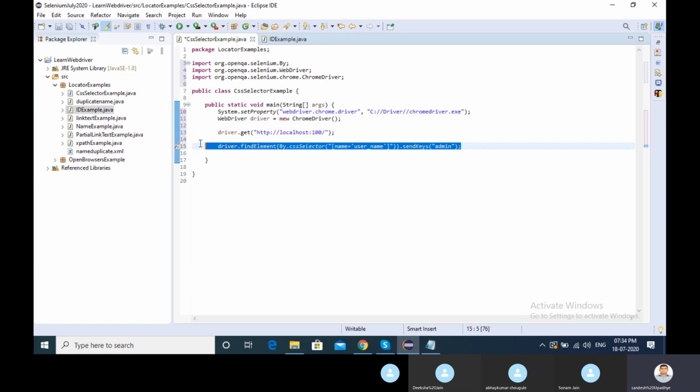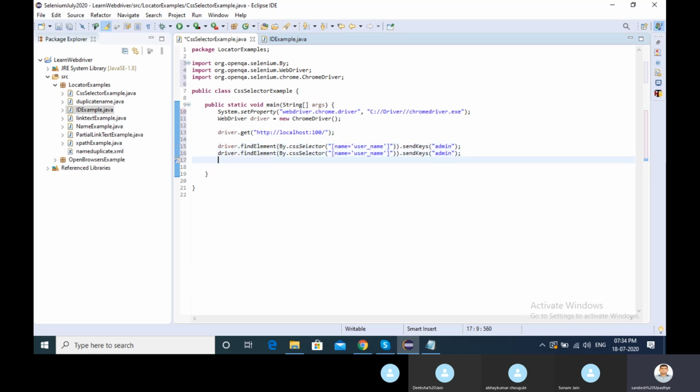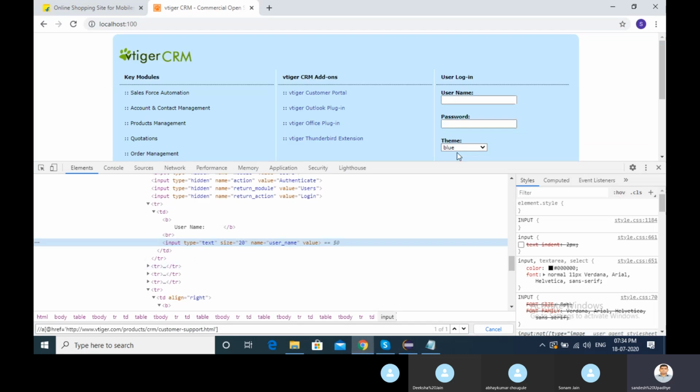Right? Same way, if I copy and go with other things, here I want to click on the login button, right?